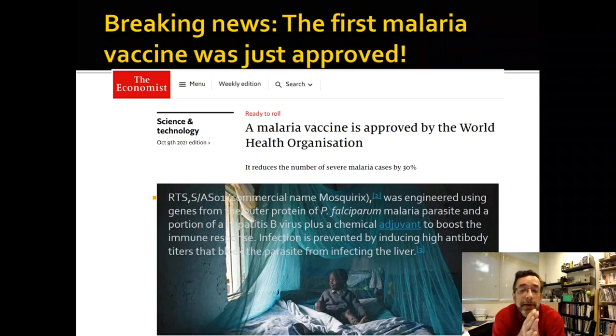Notice it reduces severe malaria by 30%. Compare that to COVID vaccination, which reduces severe COVID by like 95%. This is why I am still very happy with COVID vaccines, even though it might have dropped to 80%. Dropping to 80% is not a big deal when you have a really bad disease. I mean, it is a big deal that we need to do better, but it still means the vaccine is working really well. So don't get me wrong. Reducing severe malaria cases by 30% is good enough to be worth a 4-injection thing.